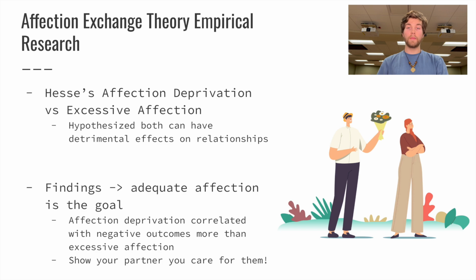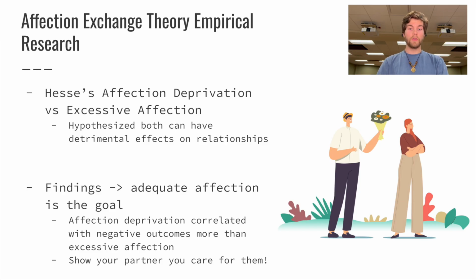Of course, affection can be shown in different ways, like verbals, nonverbals, direct physical behaviors, and indirect physical behaviors. And these authors used these ways to show affection and asked people if they were feeling adequate affection, too much affection, or too little affection in their relationships. Again, trying to figure out where those people were on that continuum. The researchers found that 49.3% of those participants reported adequate affection, while 45.6% reported a deprivation of affection. That leaves around 5% of individuals who felt excessive affection.